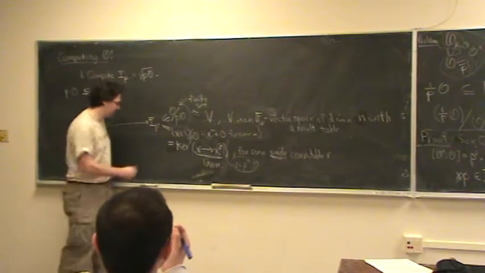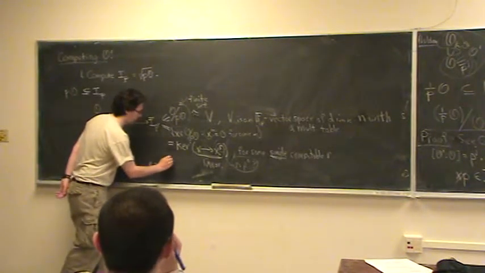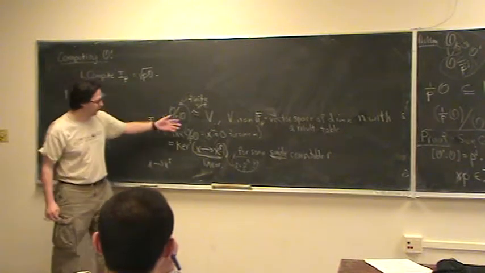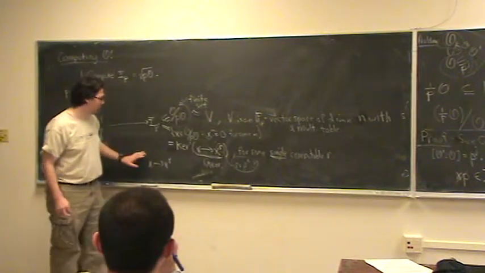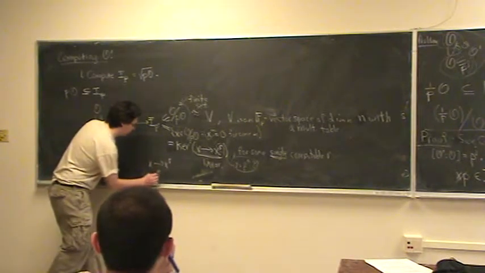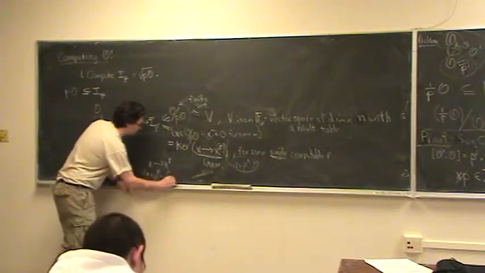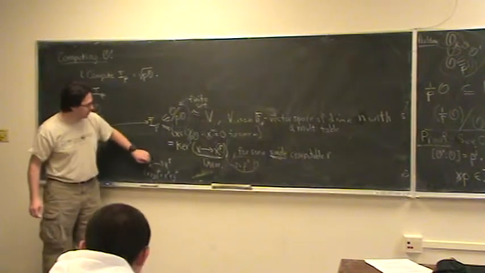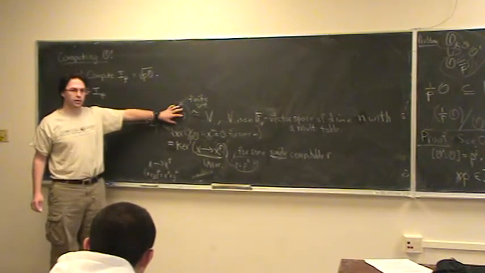Yeah, because you're just taking the map x goes to x to the p, that you know on any F_p vector. Well, I mean you know that. So (x plus y) to the p is equal to x to the p plus y to the p. So this is a linear map on this object, and